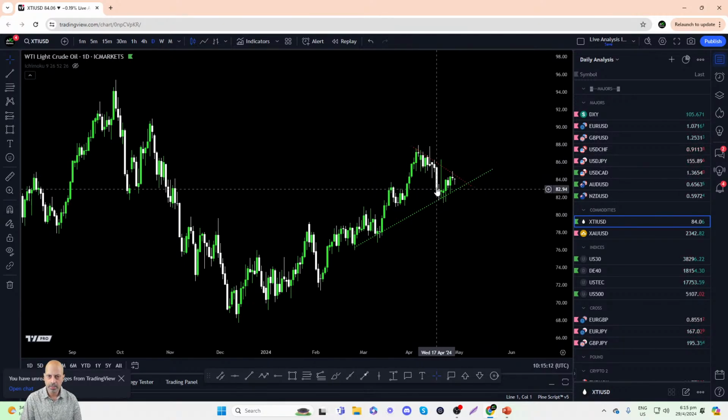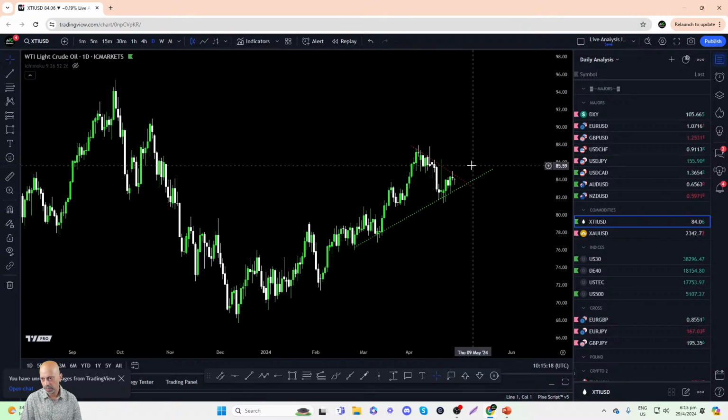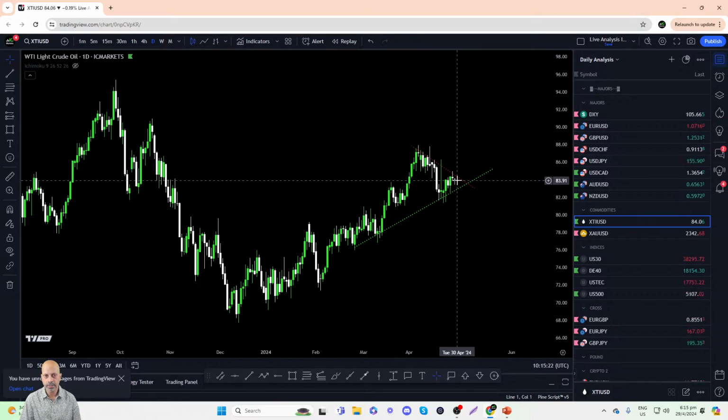We can see XTI USD converging into a narrow point here, and it could likely break out to the upside or downside. Okay, that's the thing about symmetrical triangles. You can't really tell which direction it's going to break out in, but it does look like it wants to go to the upside. So take note, if we do see WTI oil break above $84 per barrel, it's quite likely we have another bullish momentum or potential long trade on hand.